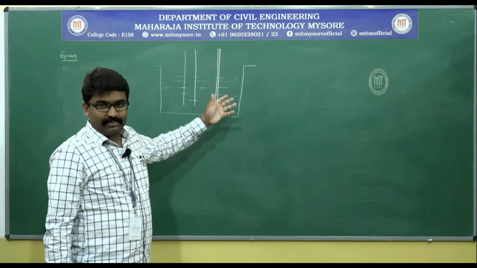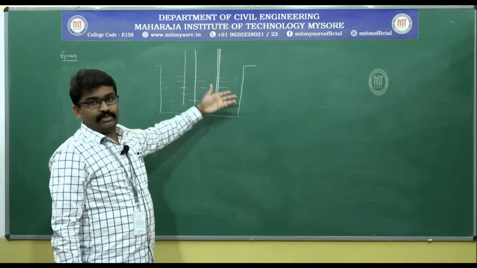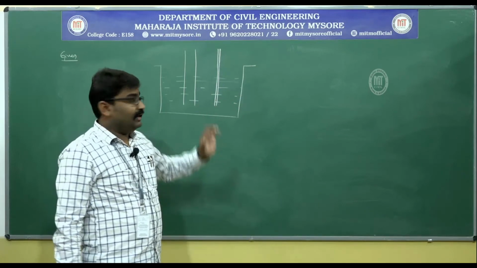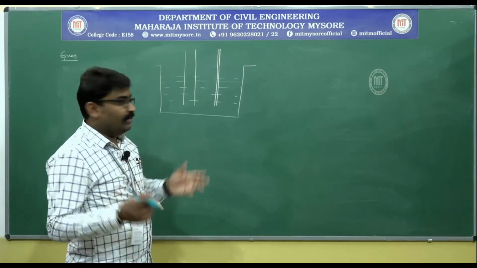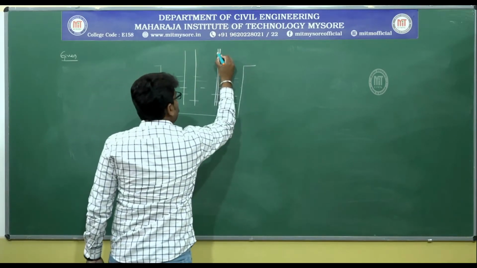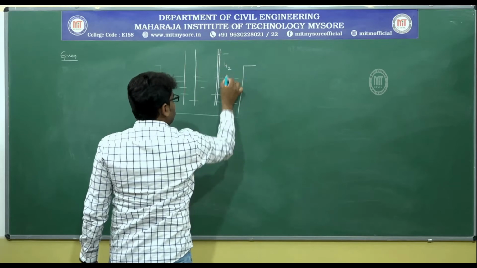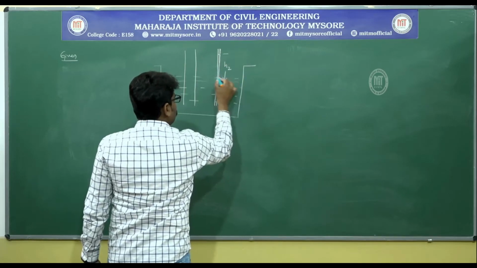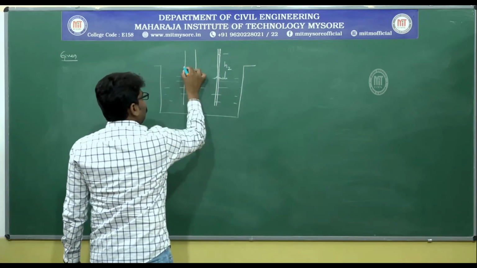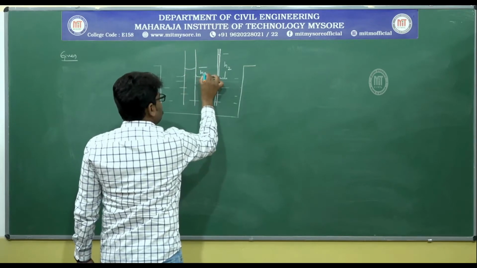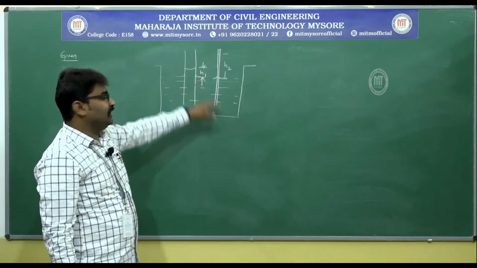What is the general conception we can get from this? Of course you will have capillary rise, because this is a small tube inserted into water. So there has to be capillary rise, but in which tube do you feel you will see more rise in height? That is pure common sense. One can make out that the level of water in the tube with small diameter will definitely be greater. So, I will name that as H2. And of course, the height of rise in the bigger tube, that means the bigger diameter tube, will be less when compared to this.